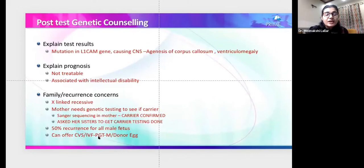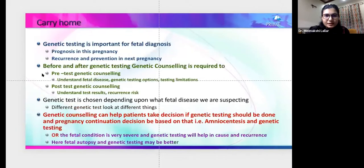And lastly, if the finances do not permit, or if there is infertility or some other cause, you can go in for a donor egg here, because it was an X-linked condition. It can also be a donor sperm if it was inherited from the father, or if it was an autosomal recessive condition. So the take-home message here I would like to stress is that genetic testing is very